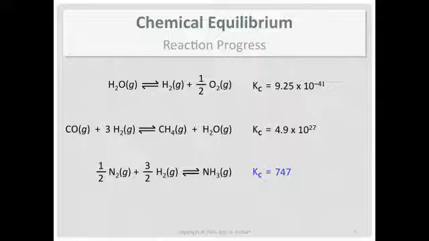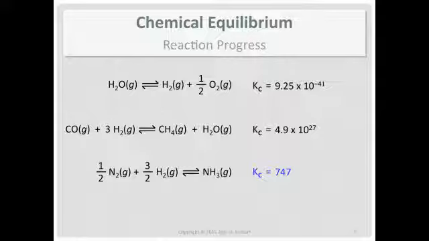all of the products. Now, different books have different guidelines on this. One that I've seen is that if your equilibrium constant is greater than 1,000, then it suggests that it's mainly products. If it's less than 1/1,000th, that means it's primarily reactants. And if it's in between those two, it's a little bit of everything. Other books, 100 to 1/100th.